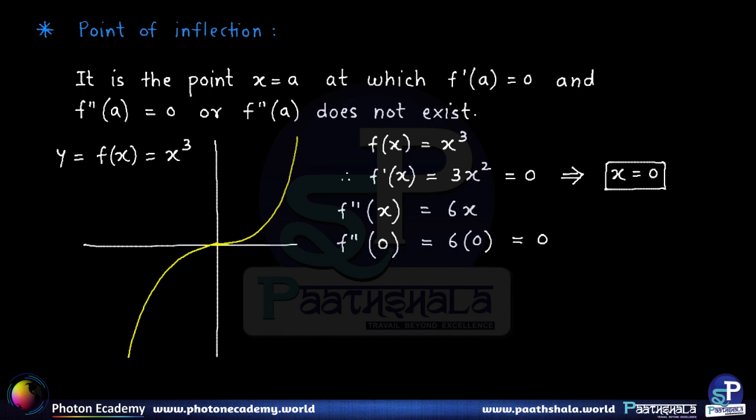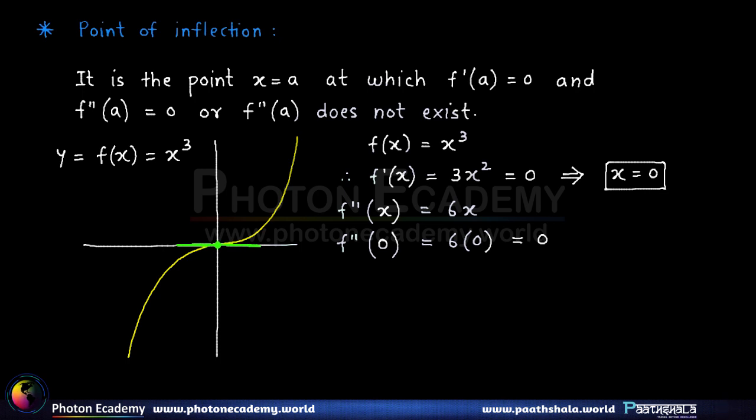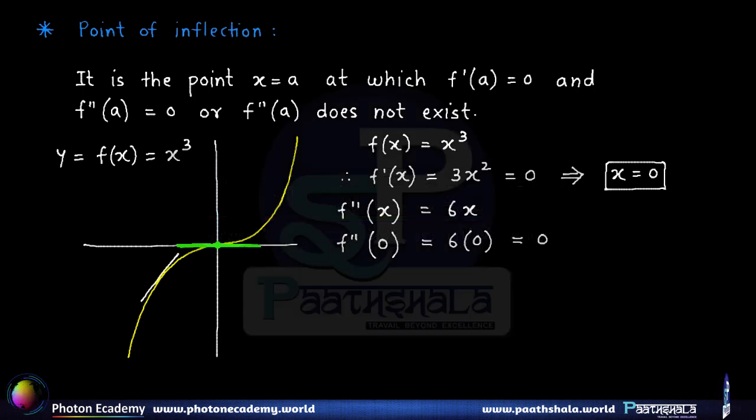Now let us understand graphically what that means. If we consider the point x equal to 0, it is nothing but the origin here. You will observe that the tangent drawn at this particular point effectively will be horizontal, because if we consider some point to the left side of it, the tangent is ramping up, it goes upwards, that is, the slope is positive. But as we travel towards 0, this tangent will become more and more horizontal, isn't it? And at point x equal to 0, that line will become horizontal.